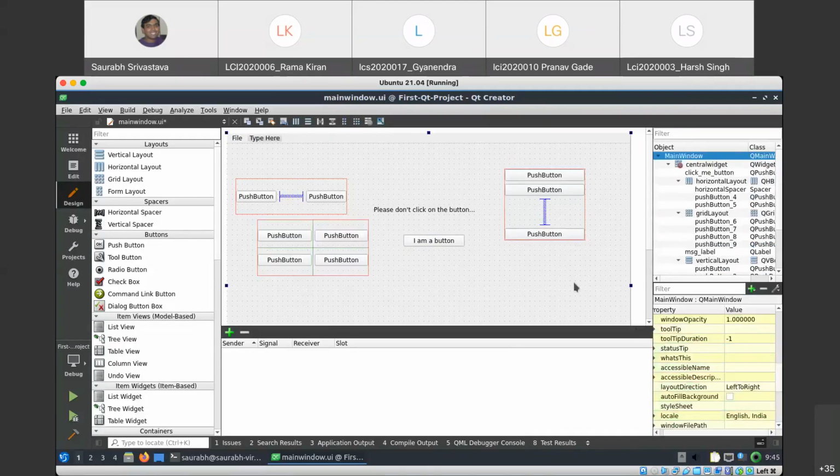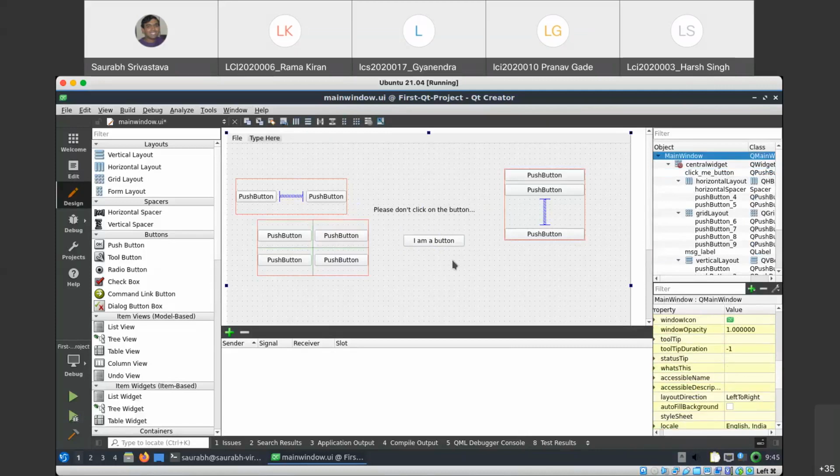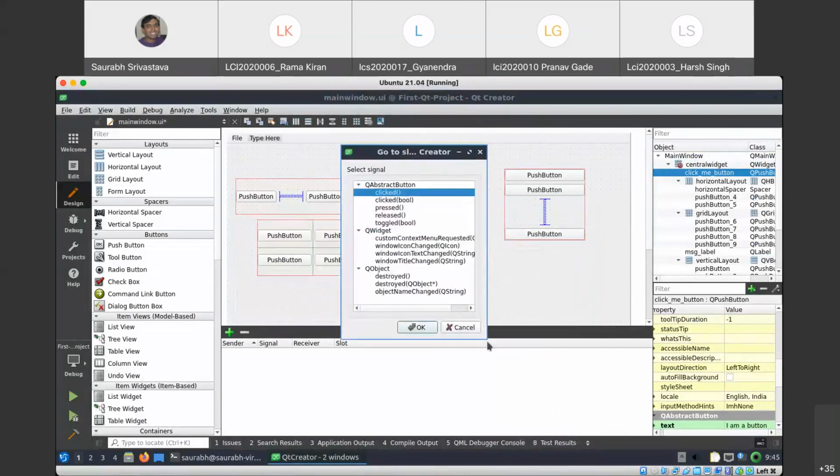So this is very simple, right? This is a property editor. You go and change the display for this button. This is a label. If you want to handle events, they are known as slots in Qt. So you just right click on it and say go to slot, and then you say I need to handle. So there are different types of events that a button can handle: clicked, then pressed, released, toggle. There are so many things. I don't know what exactly is clicked, bool, but yeah.